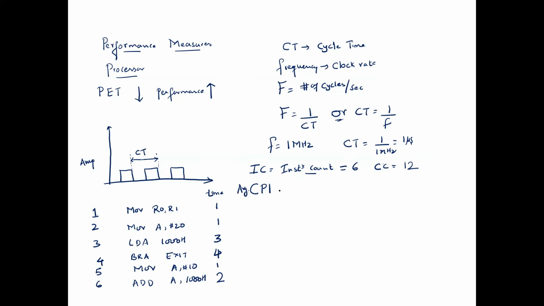How do we determine this one? So the formula to determine the average cycles per instruction is, I need to take each individual instruction and multiply it with how many clocks per instruction it will take. Say, for example, this is a move instruction. Now, how many such move instructions do we have? I can do it individually, or I can group such move instructions.